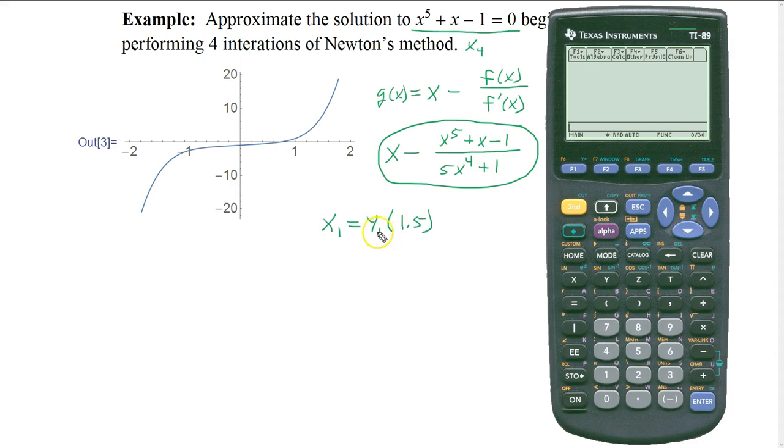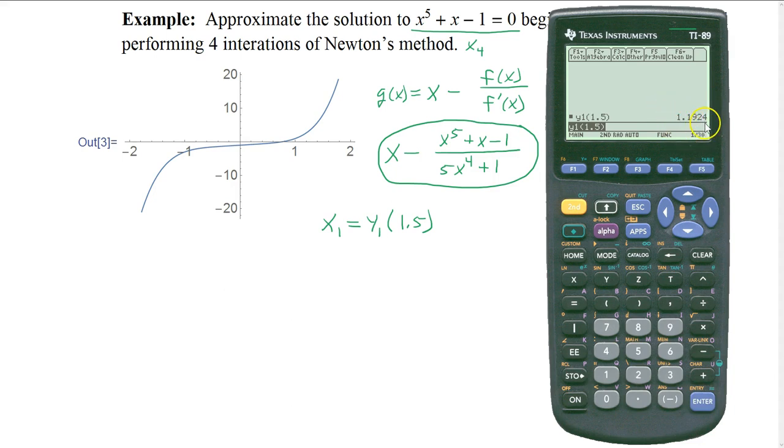We simply have to evaluate y1 of 1.5, and that'll give us x1. To do that on the TI-89, and I'll show you how to do this on the 83 soon, you just literally type in y1 of 1.5, like that. Hit enter, and there we have x1,